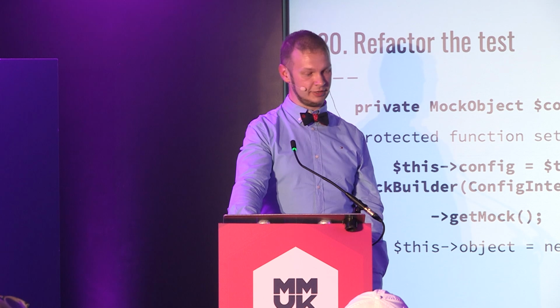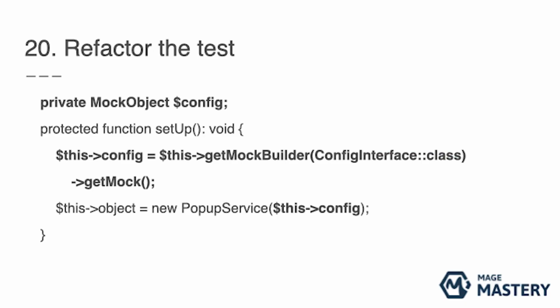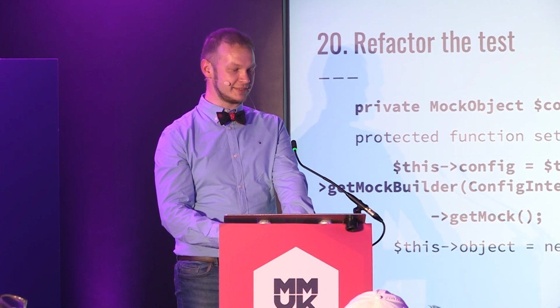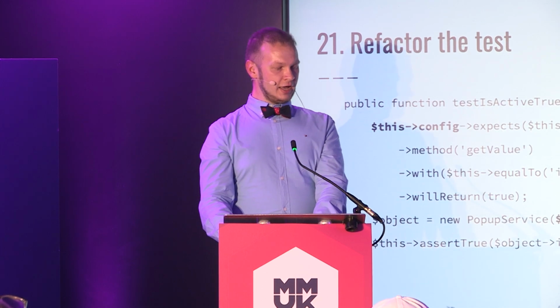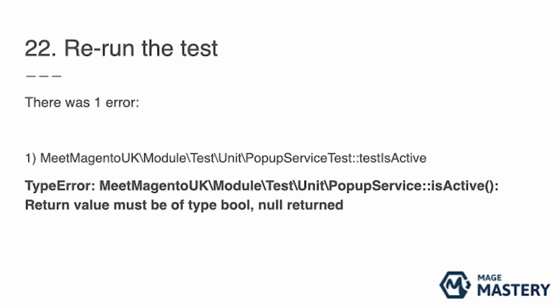So if I refactor my test setup, I will use this mock for config interface, and it's super easy to introduce mocks or stubs for interfaces and pass this dependency into my pop-up service construct method and pass into one of the test cases some expectation. I can rerun the test, and I can see that there is return value must be of type bool, null returned, because one of the tests